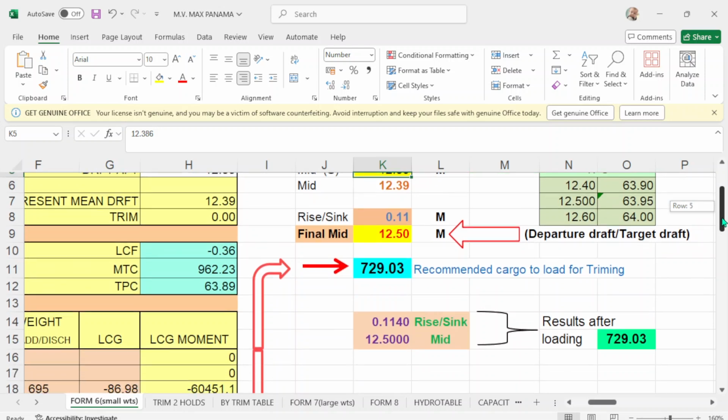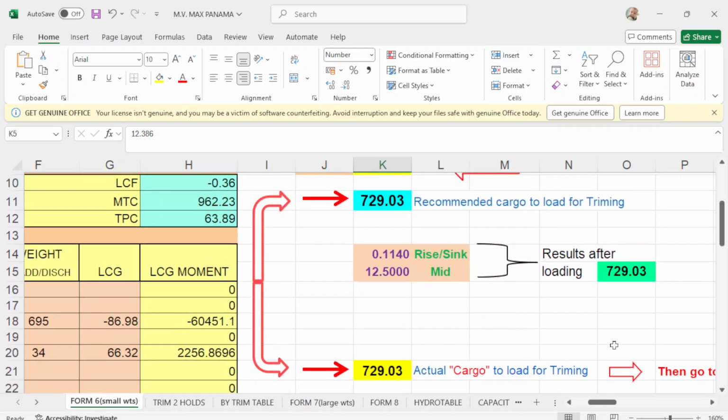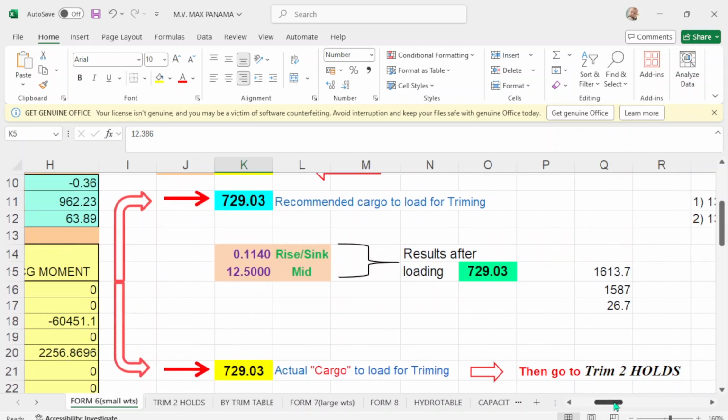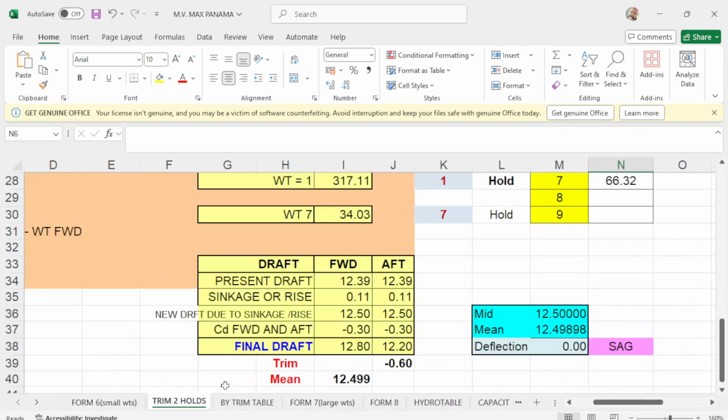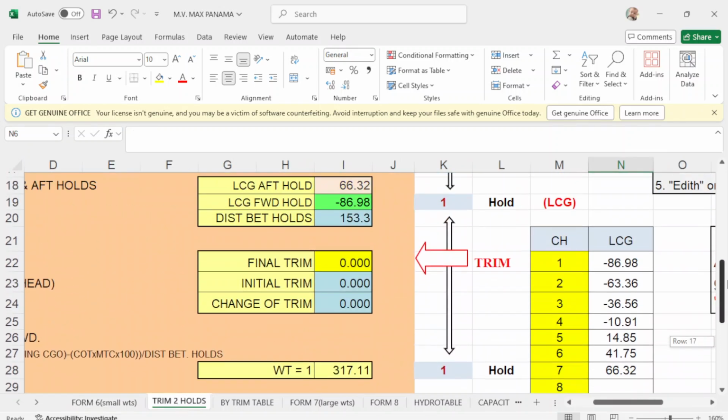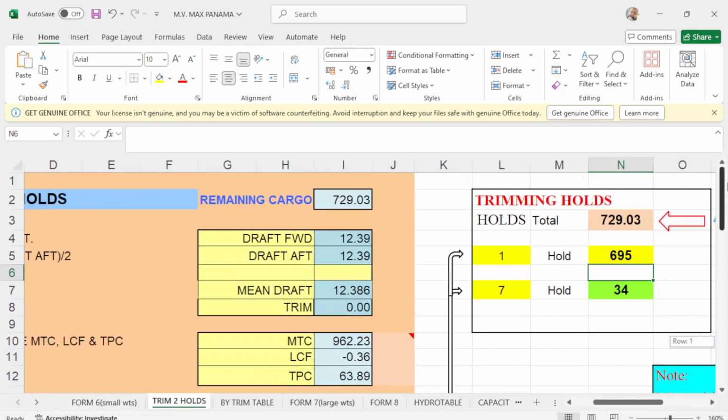Then you go down, you follow the arrow, then go to trim holds 2. You go to trim holds 2. Take note of this weight. The weight is here 729.03, and your trimming hold is 1, say 1, and say 9.